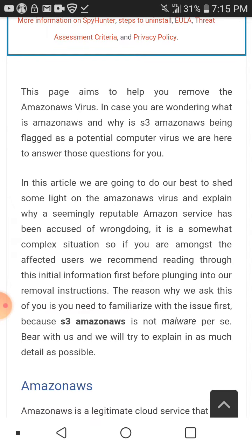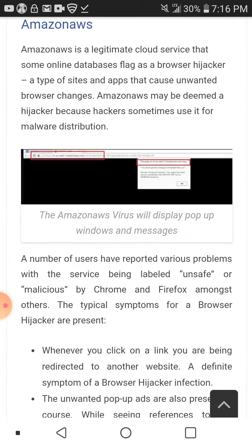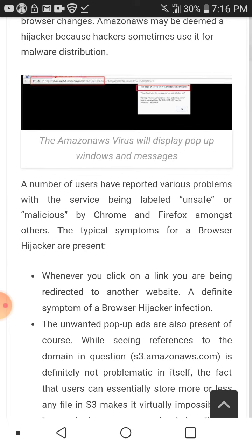I'm pretty certain I'm not the only one who used the firewall app to see that. I'm pretty sure everybody else has seen that. And let's continue. Amazon is a legitimate cloud service that some online databases flag as a browser hijacker, a type of site and apps that cause unwanted browser changes. Amazon is maybe deemed as a hijacker because hackers sometimes use it for malware distribution. A number of users have reported various problems with the service being labeled unsafe or malicious by Chrome,